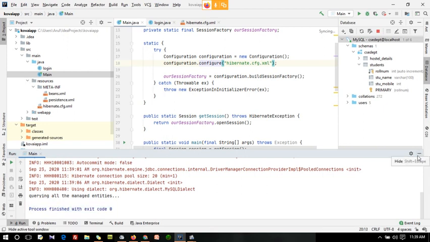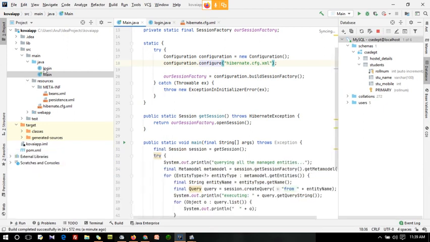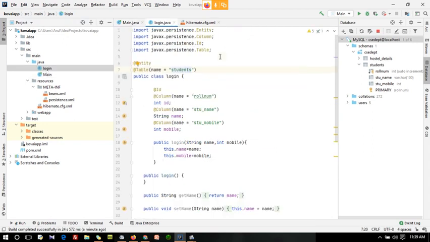Next, what you want to do is create your Pojo classes. This is actually my Pojo class. Inside the Pojo class you should mention the table name and map the column with your variable. In NetBeans, what we have done is use the Hibernate mapping file, a separate XML file.